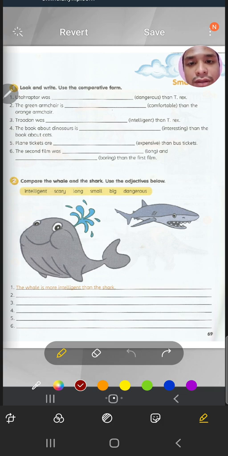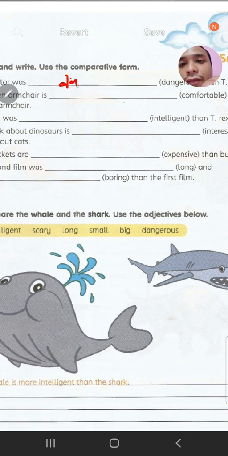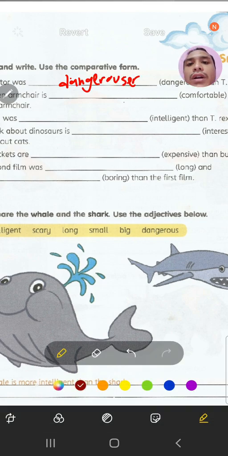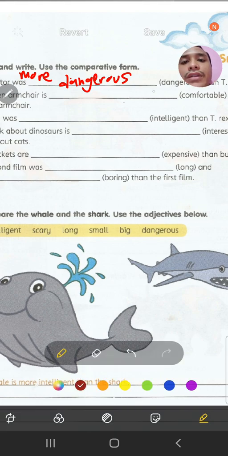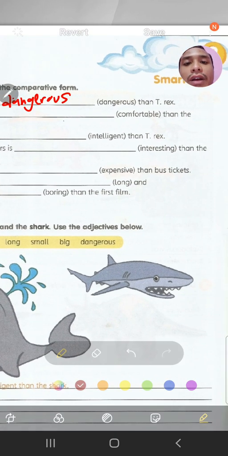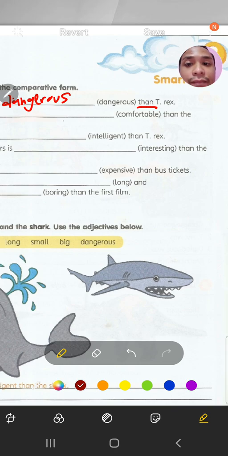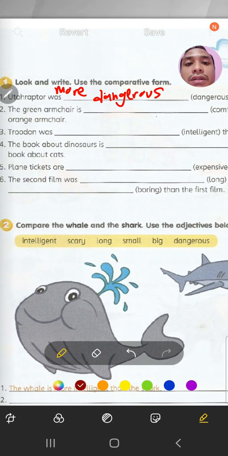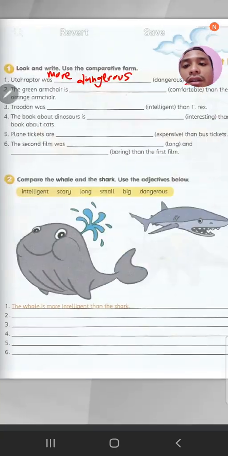Okay, dangerous. Is it possible you can write dangerous like this? Dangerous. Boleh ke? No, dangerous is a long word. Ayat ni panjang sangat. Patah perkataan ni panjang sangat. So, kalau panjang, awak tulis apa? More. Good. More dangerous. Ada then tak kat belakang? Okay, dah ada then. So, jangan tulis then dah. Faham? Okay, more dangerous than T-Rex. Okay, number 2,